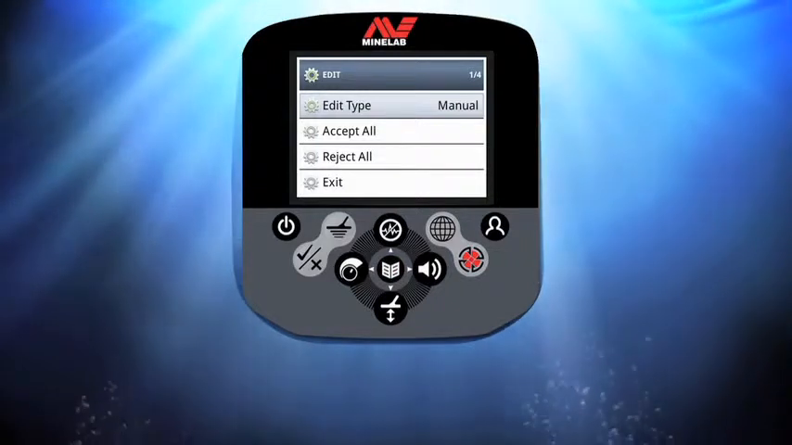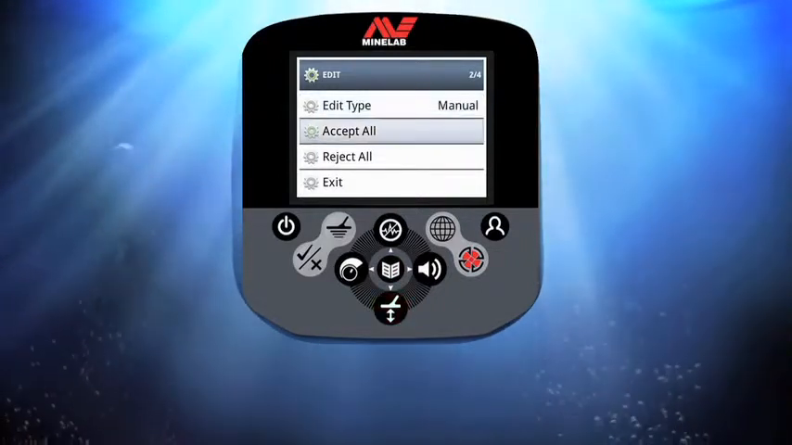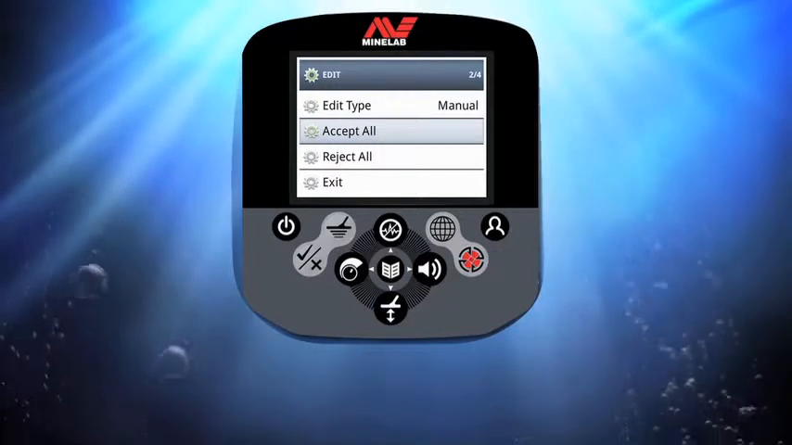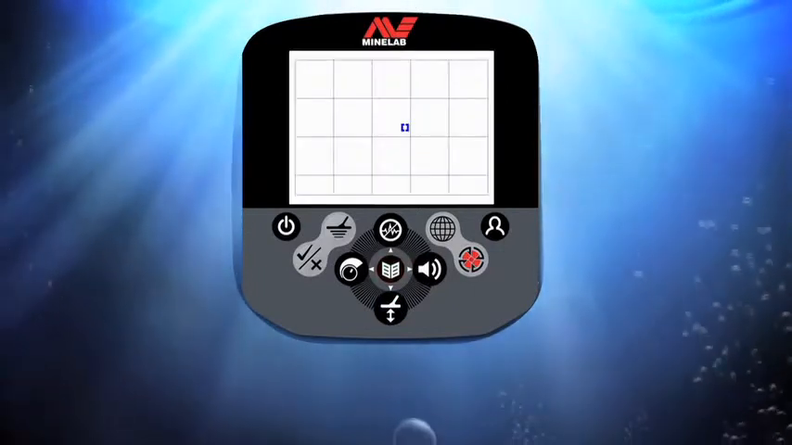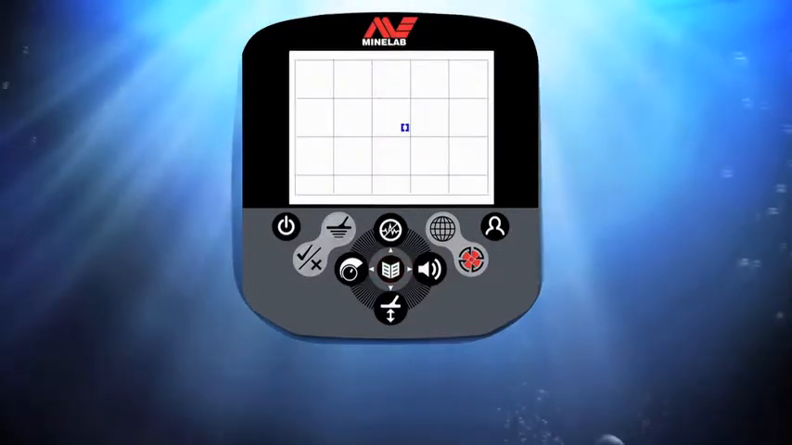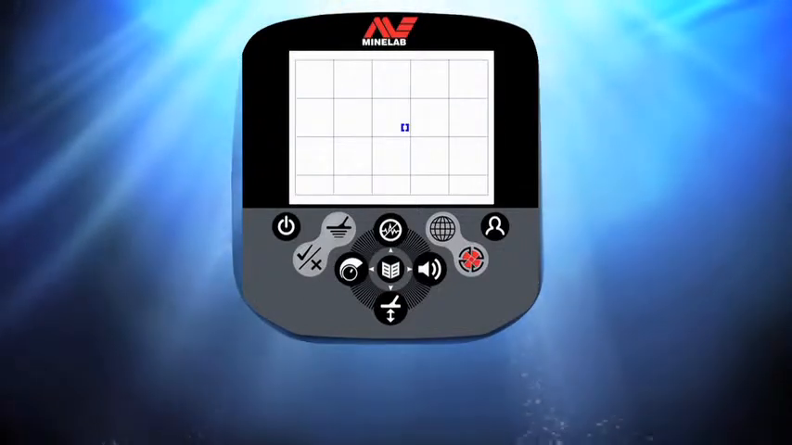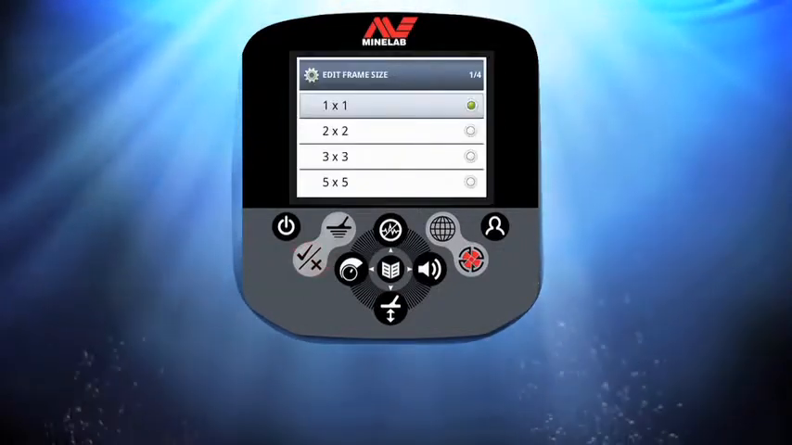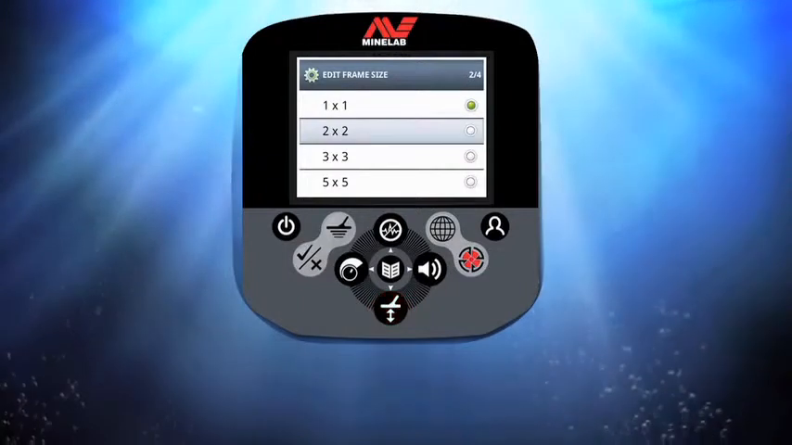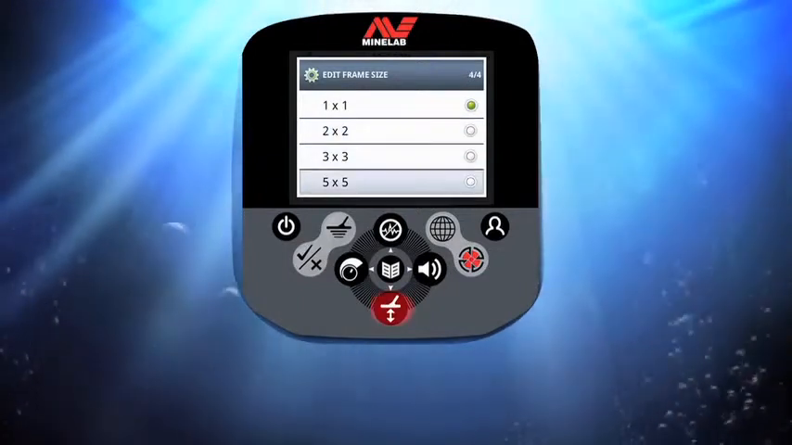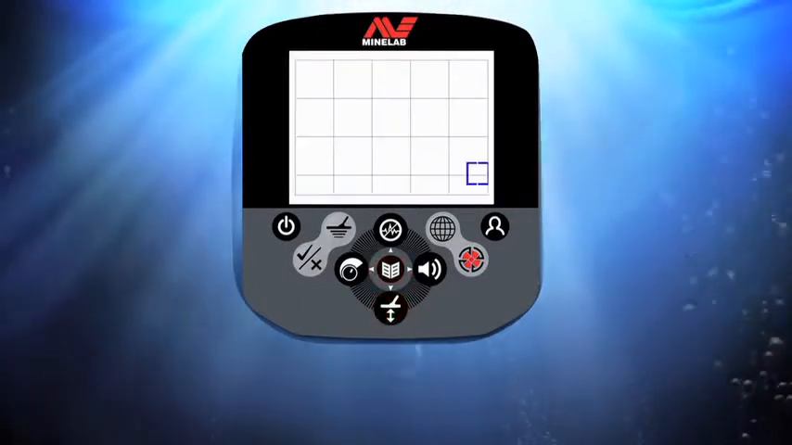So to start with, I want to clear the existing pattern. I scroll down and select accept all and press the menu button. Now I can create a custom discrimination pattern. I press and hold the accept reject button to enter the edit frame size window. I'm going to start my pattern by selecting the 5x5 frame size tool, then press menu to return to the